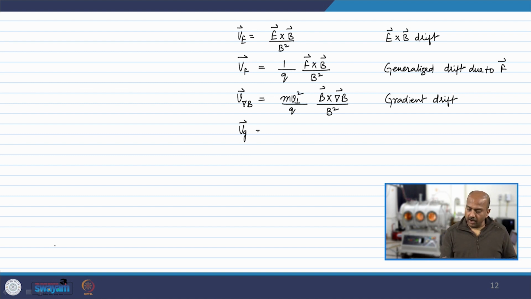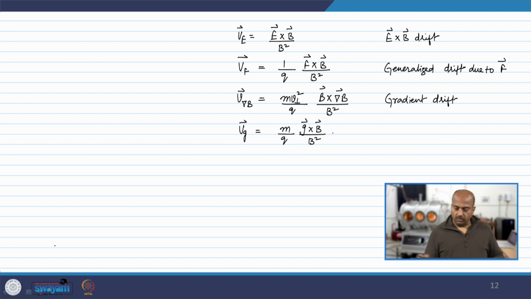Drift due to gravity is m by q times G cross B by B square. This is where you see gravity and the magnetic field of earth together. This is called as the gravity